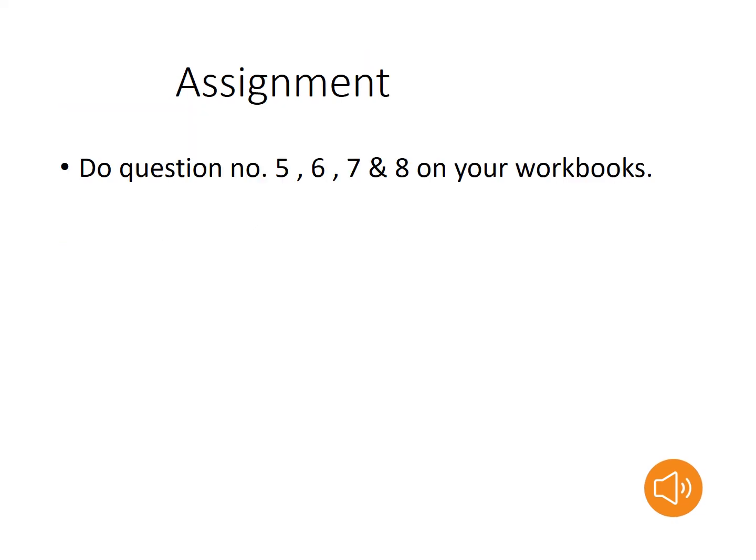Students, as we are done with questions 1, 2, 3 and 4, you need to solve these questions in your workbook. And now move on to question number 5. I will read the statement for you and explain how you are going to do this question, and you need to make the statements and do it by yourself. Questions 5, 6, 7 and 8 are your assignments. You need to do them by yourself. So question number 5, I am reading it for you. Mother bought 4 similar packets of flour. The mass of the 4 packets of flour is 12 kg. What is the mass of each packet of flour?